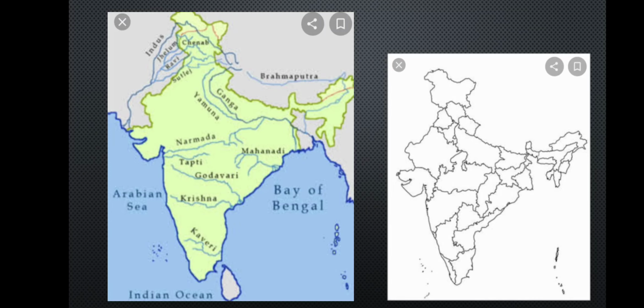So students, I have already shown you how you should point out the map and the river system. If you have an atlas, you can take help from your atlas. If you have any old map book, or a class 7 map book, you can take some guidelines from there and point it out. This river system is very important, and when the school reopens, you can show it to your respective teacher.